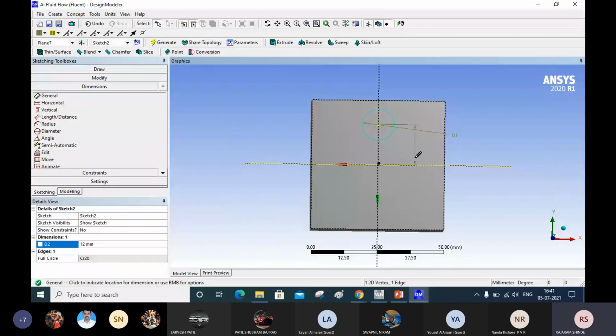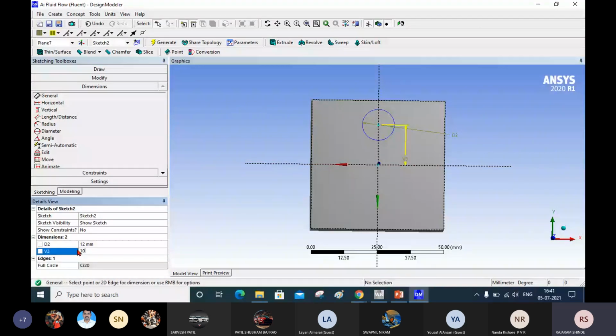Okay, now when we select all these things, now you are in dimensions, so it will display the dimension. You see here, this is v3. Now here in front of this one, it should be your 10 millimeter. Now you can see here, your circle color will be changed because it is constrained properly. Okay, over. Now see here, I have created this circle.